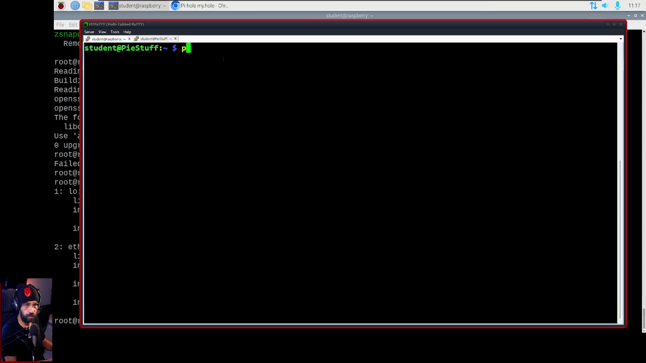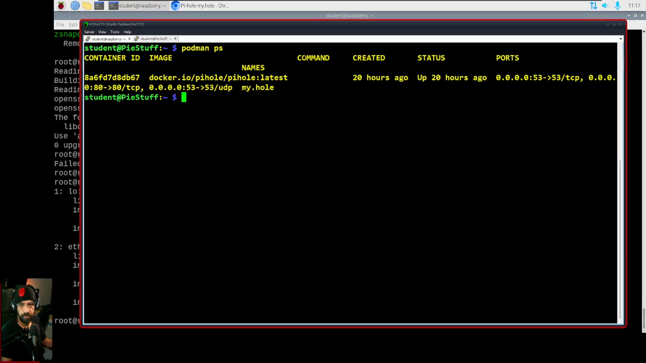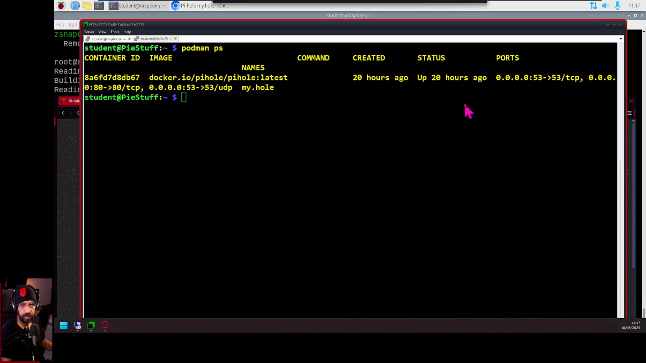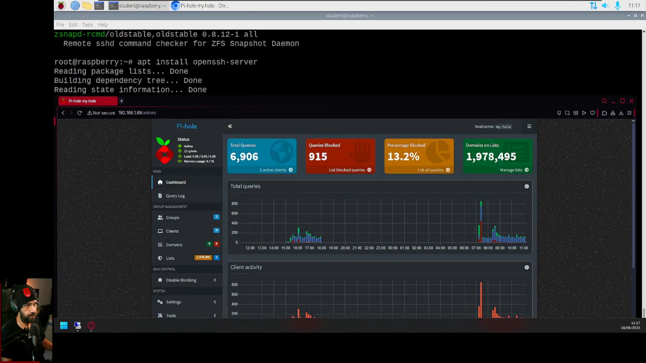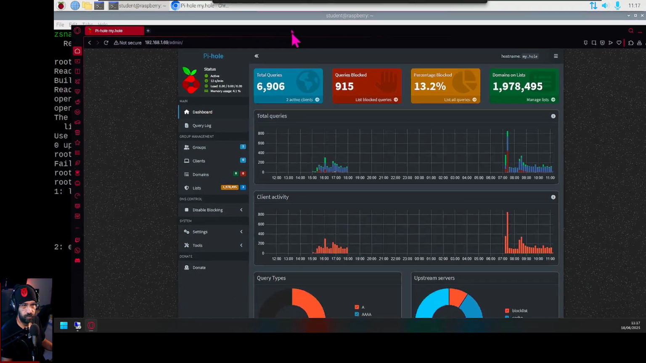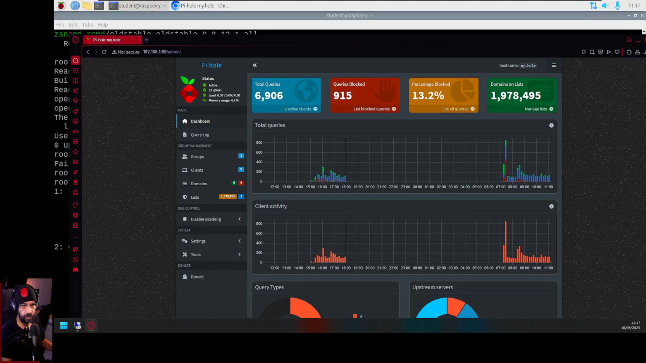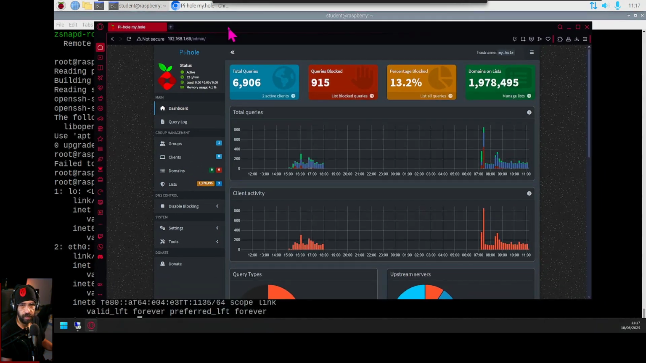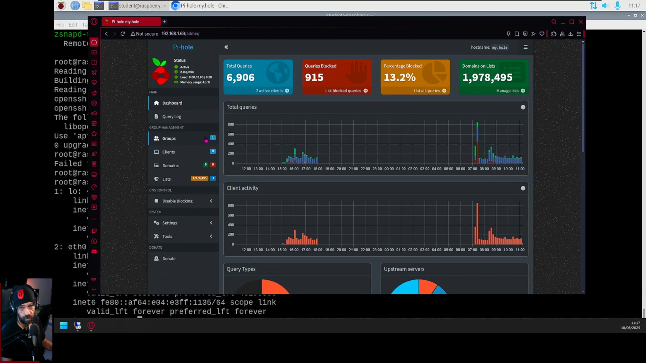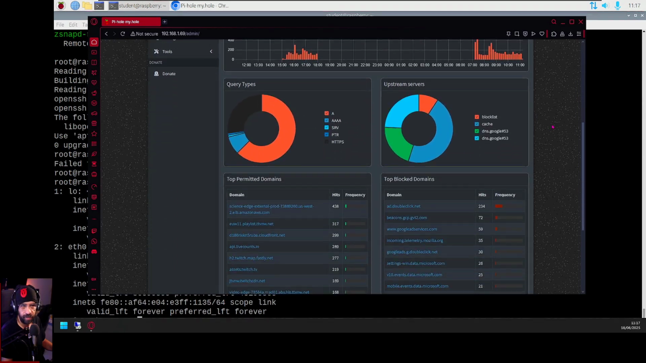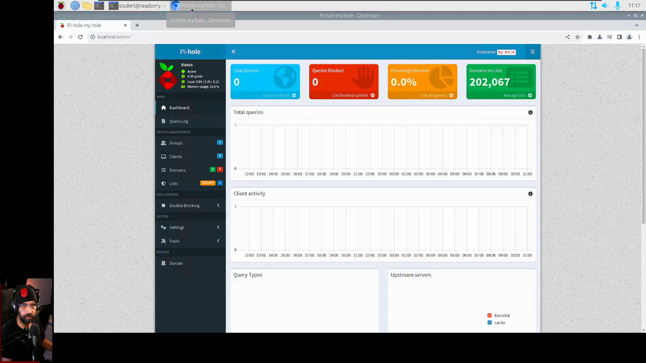Okay. So let me show you here the real thing of my customer. So if I would do podman ps, you see similar things, and this is the actual dashboard of my real thing, Raspberry Pi, my Pi-hole. And the difference you see here is that